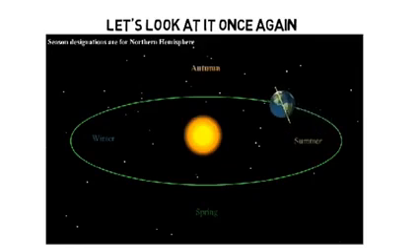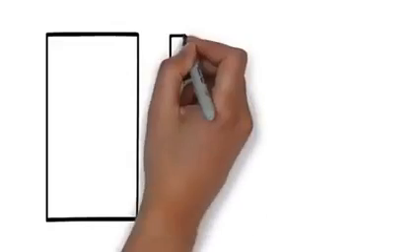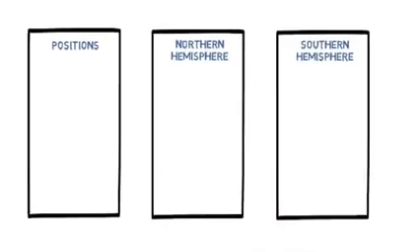You can see that the earth is revolving around the sun and seasons are changing due to the position of the earth and amount of sunlight falling over the earth. All the positions 1, 2, 3 and 4 are clearly visible. Look at this box again and it will be clear to you. We will talk about position of the earth, season in northern hemisphere and season in southern hemisphere.